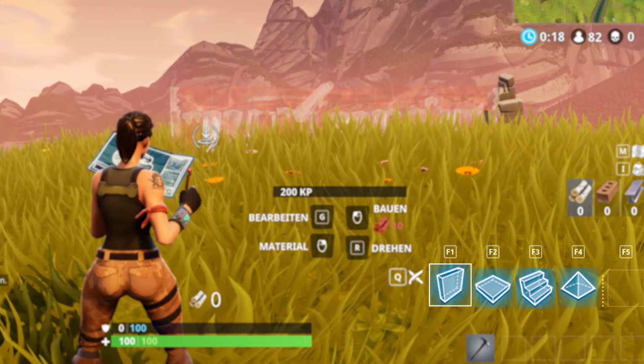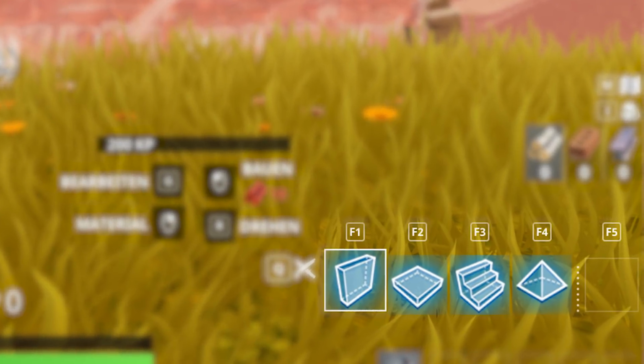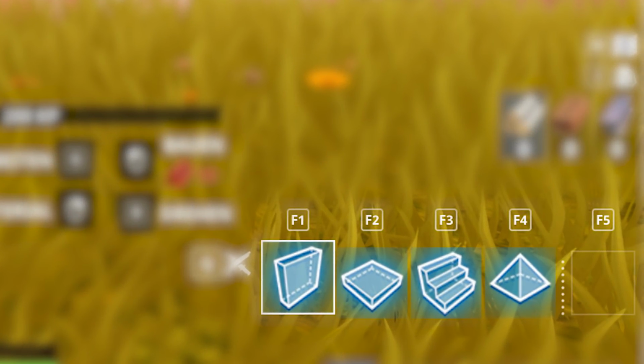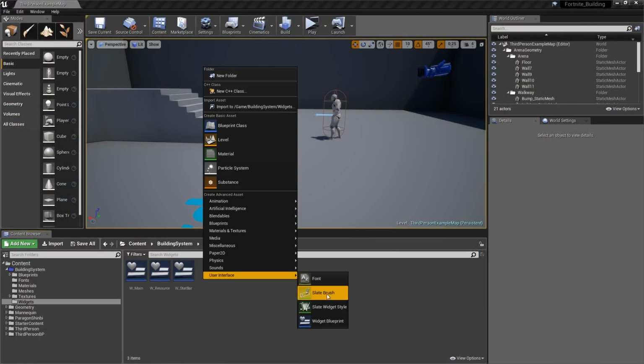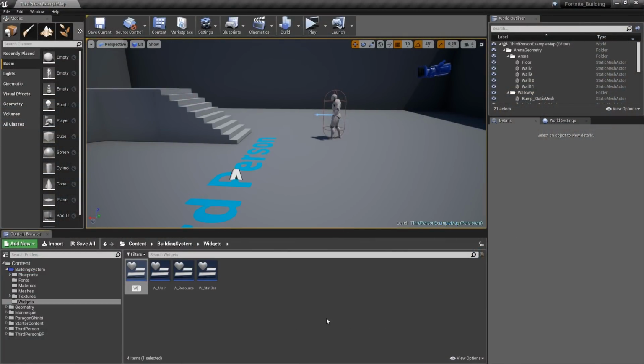You will see that first off, on the upper side of the widget, you've got a border with the hotkey used for the building. There is a bit of empty space, and beneath that, you see something like a transparent blue background with the building icon on top of it. To recreate that, let's go to widgets, create a new widget blueprint, call it w_building, and let's open that up.